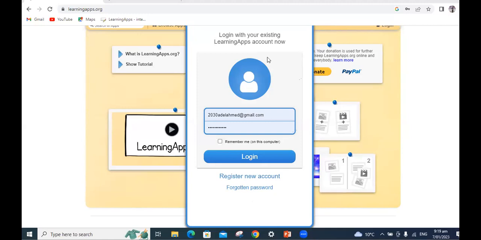Okay. So as you see here, this is my email, and you have to put a password. If you want to register, just click here. But if you have already done an account, it's okay.